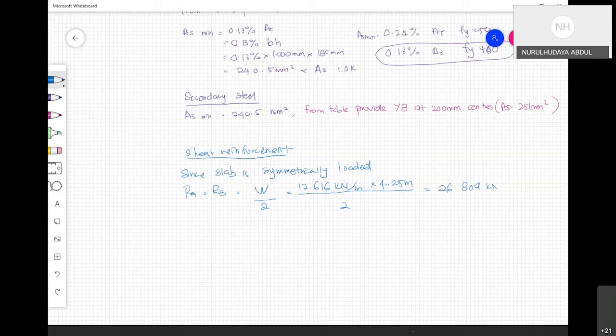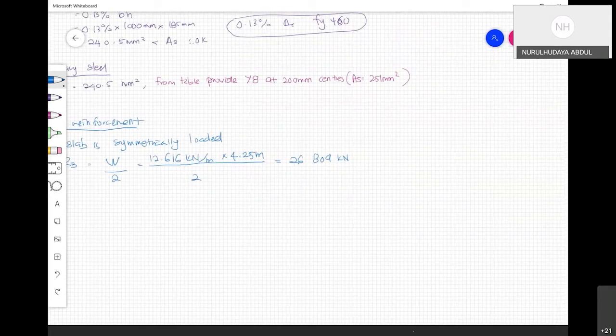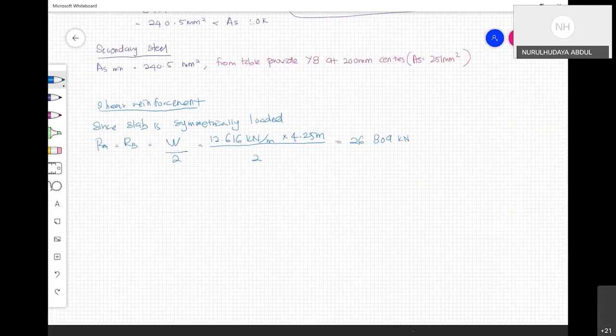Okay, that is my maximum shear force. Maximum shear force as usual lah, kalau you lukis SFD you akan nampak sebenarnya benda ni. Sebab kalau kat sini RAU adalah 26.809, RBU 26.809,